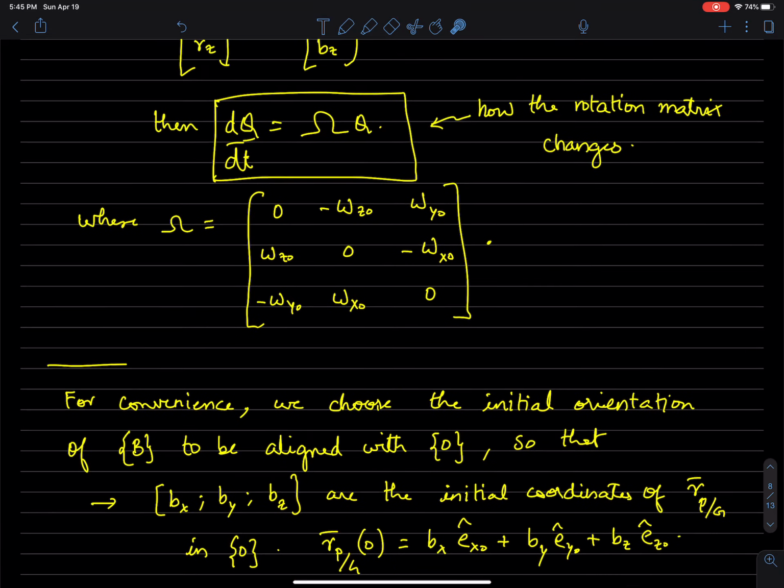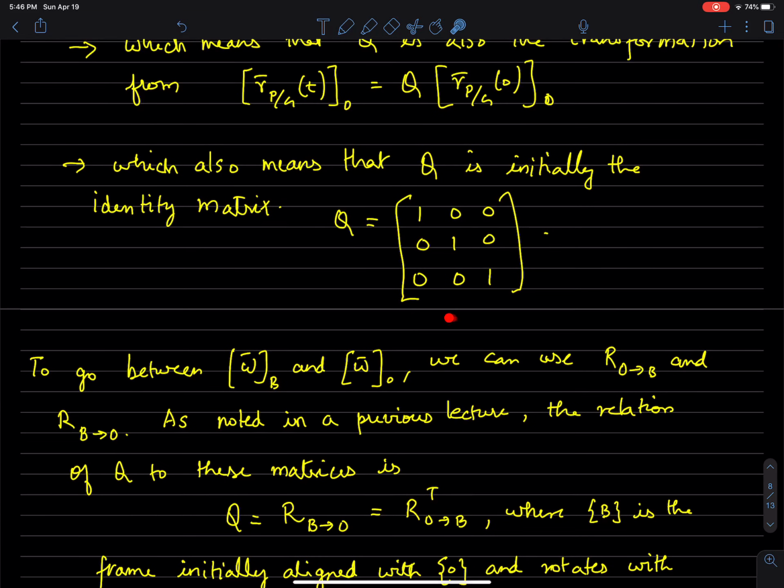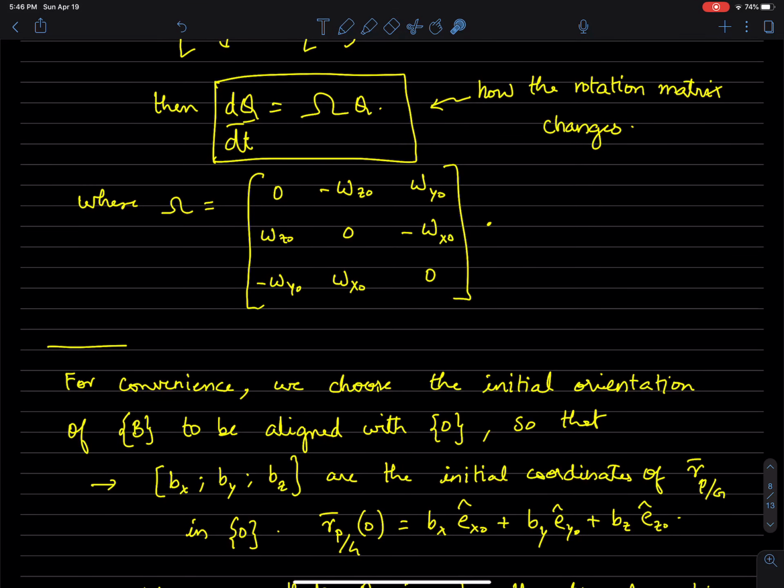Now that we have a differential equation for the rotation matrix, in other words, the rate of change of the rotation matrix is a function of both the rotation matrix and the angular velocity. If we knew the angular velocity, we can compute how the rotation matrix changes. If the rotation matrix starts initially from identity, in other words no rotation, and if we knew how the angular velocity changes as a function of time, we can compute how the rotation matrix changes as a function of time. Of course, this equation depends on the angular velocity vector expressed in the zero frame, the non-rotating frame,